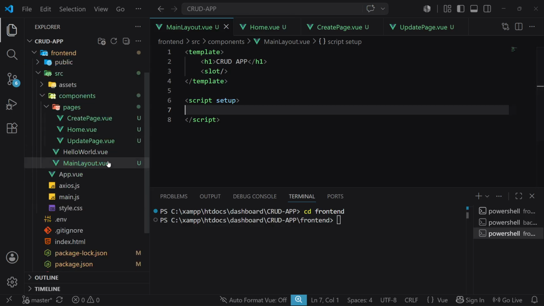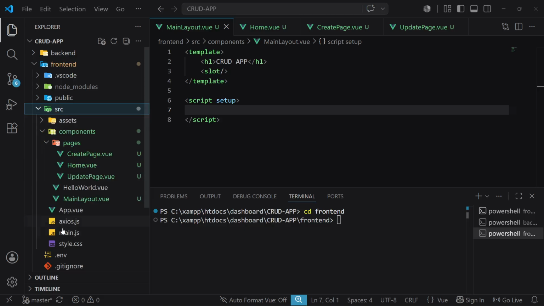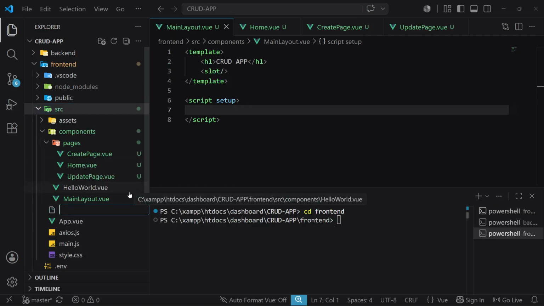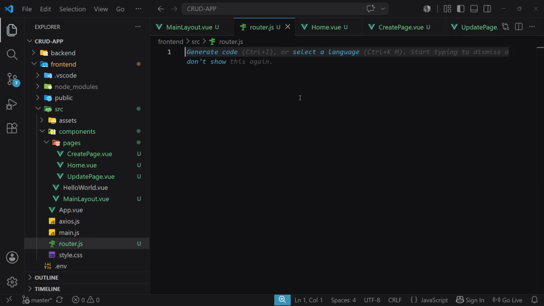So we are going to create a file, and that file should exist here at the source folder. We're going to create a new file. We can name that file router.js. Here we are going to define all the routes